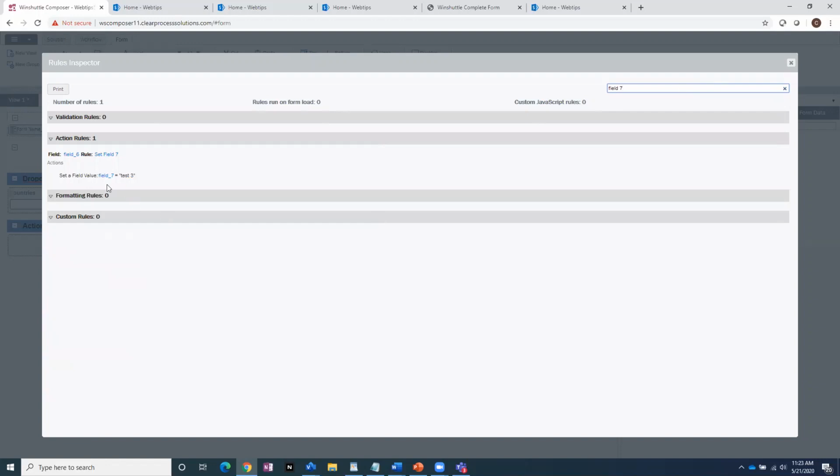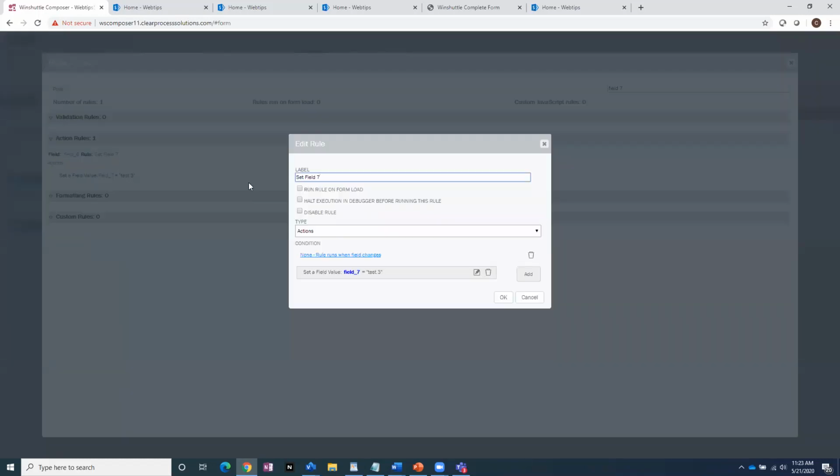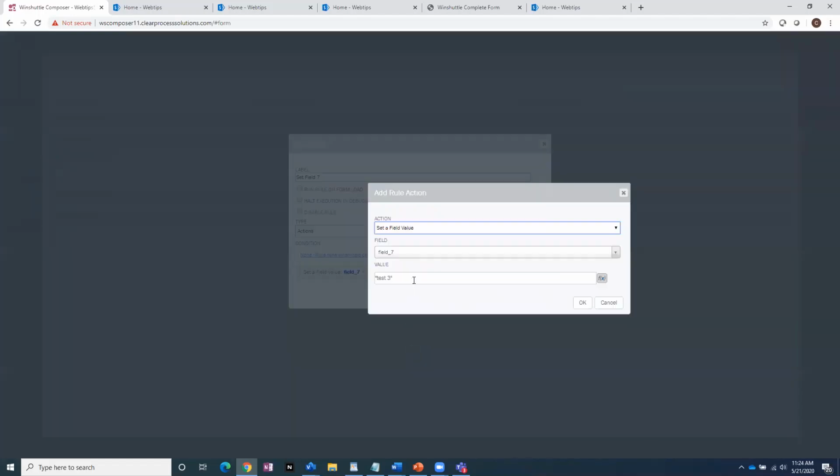One rule popped up, and you can see that this rule is found on field 6. It's setting field 7 to test 3. Now you have the option, okay, if I wanted to modify that, I can do that. So now, if I wanted to modify this from saying test 3, I can click on the set field 7. It opens up that rule right here. I can click on edit, and I can change this to